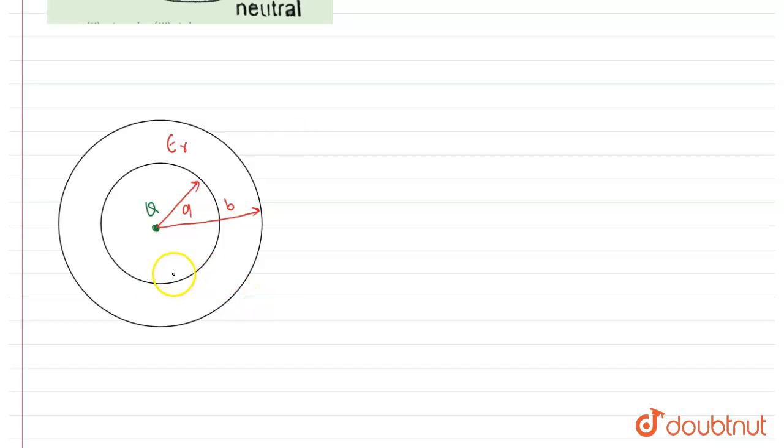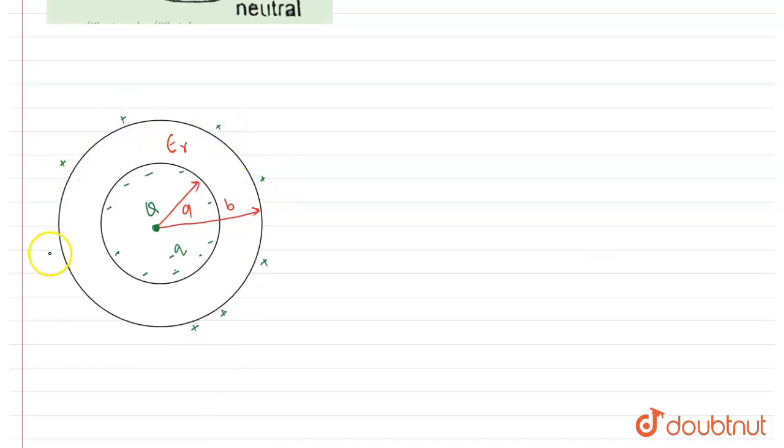Let's assume the negative induced charge on the inner surface is minus small q, and the same magnitude of charge will be induced on the outer surface of the sphere,